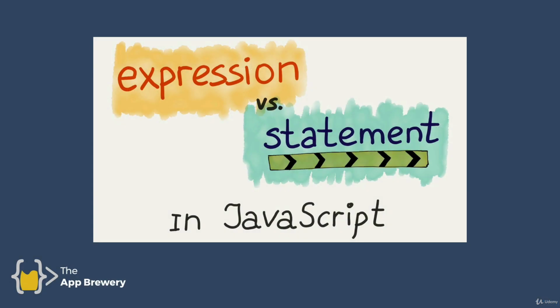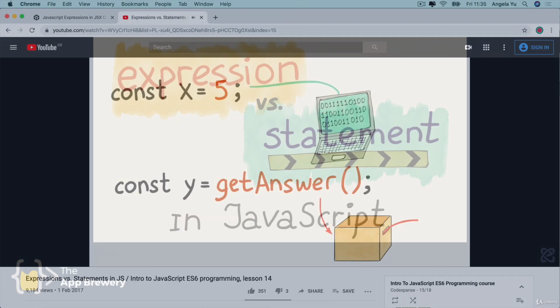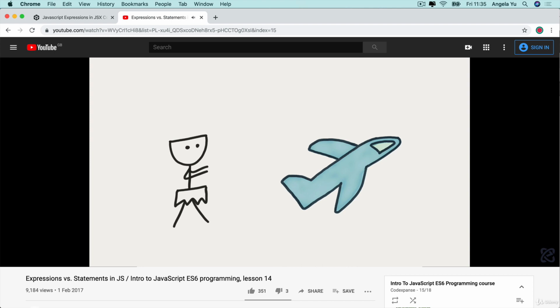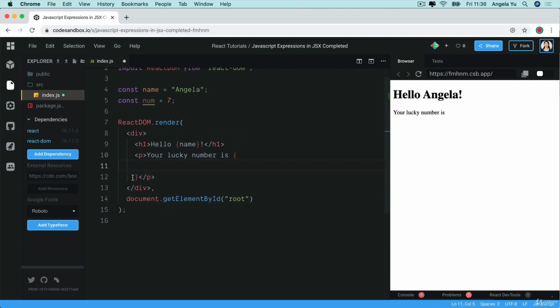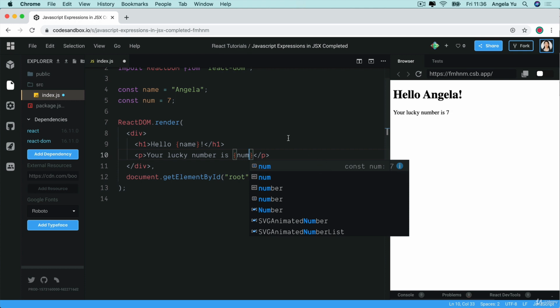Now, if you want a bit more detail on expressions versus statements in JavaScript, there's a really good video that I recommend, and I've linked to it in the course resources. So take a look at this video if you're still not quite clear on the difference between statements and expressions. So let's go ahead and delete our JavaScript statement, and then we can replace it with a value